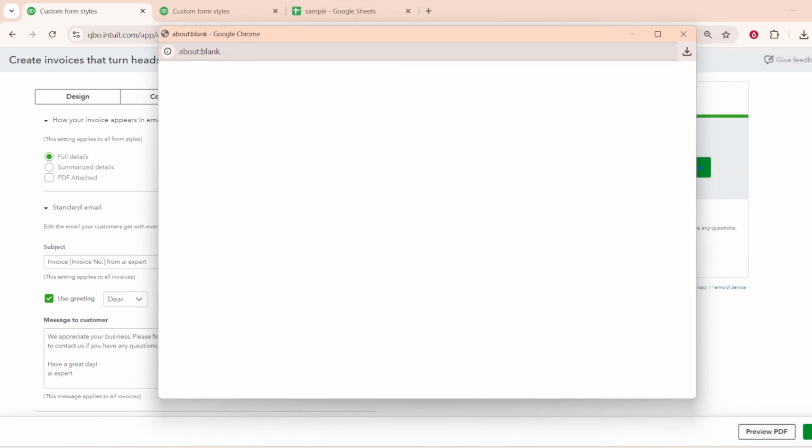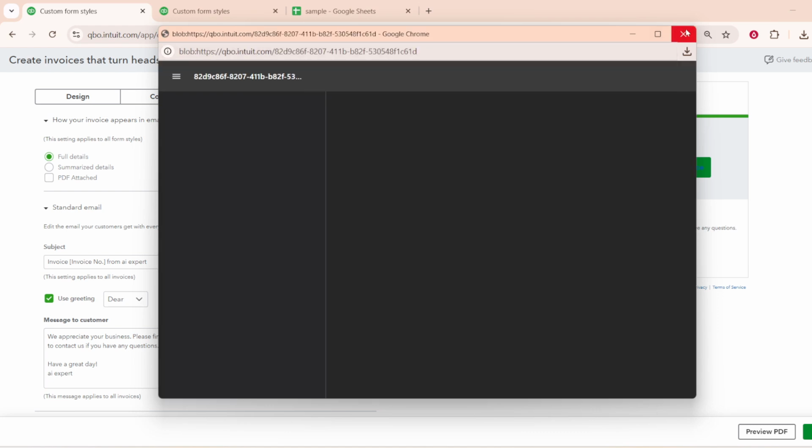That's how to create a custom invoice in QuickBooks Online using the template selection and design